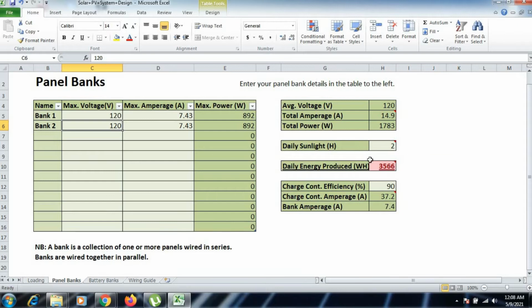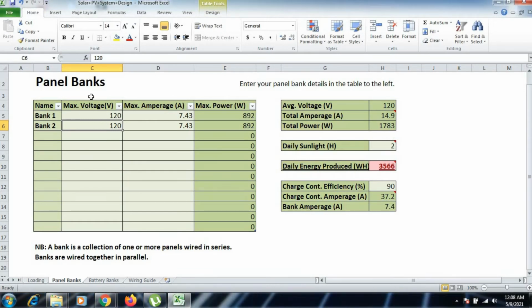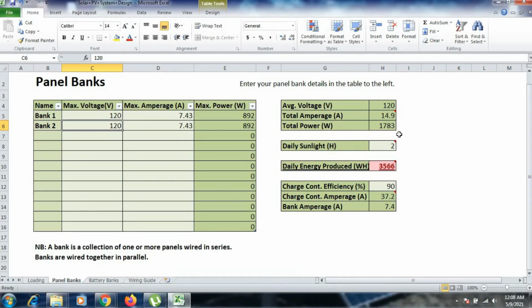How are we getting this watt hour? We are using daily sunlight of 2 hours. Let's suppose we are taking an average sunlight time of 2 hours. It varies in summer time, monsoon time, and winter time. So we have just assumed a minimum sunlight time of 2 hours. After considering the values given in this table, the total power that we are generating for our solar system is 1783 watt, and multiplying it by 2 hours, because only 2 hours our solar panels are generating as we have considered here, we get 3566 watt hour.